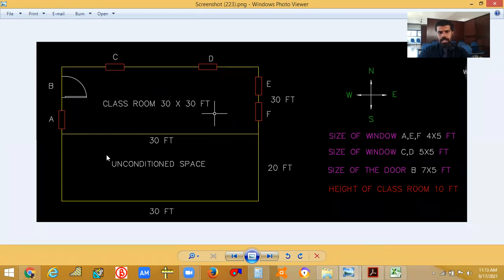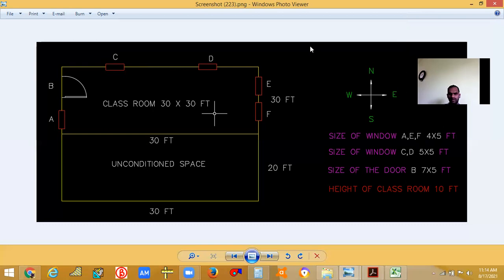So if you got the area, you have to reduce this both, right? C and D, because we want only wall. So we have to reduce 300 minus C and D, how much? 5 into 5, 25. 25 into 2, 50. So 300 minus 50 equal to 250 square feet. So the area of the wall is equal to 250 square feet when we are excluding this C and D. You understood what I am saying? Is there any doubt? No doubt, right?